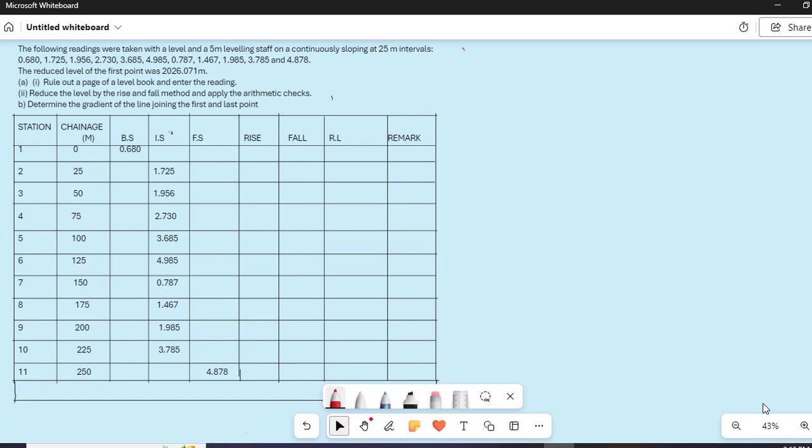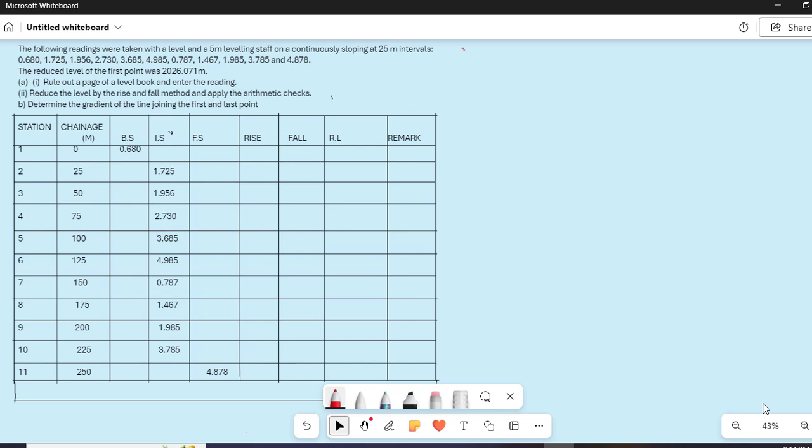Welcome guys. Today we are going to look at a question on surveying, and the question is already given. We are supposed to reduce the levels by the rise and fall method, and also look for the gradient. The question reads that the following readings were taken with a level and a 5-meter leveling staff on a continuously sloping ground at 25-meter intervals, and then we are given the readings from 0.680 to